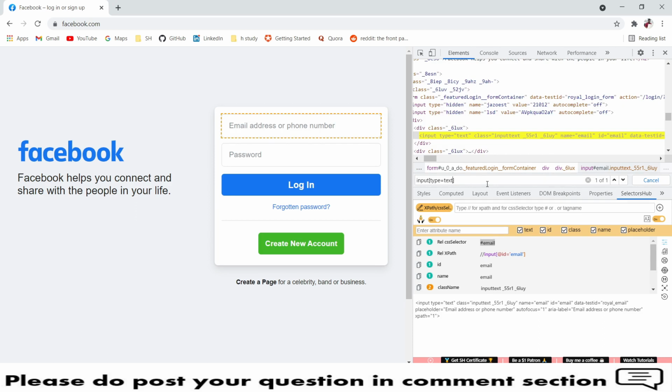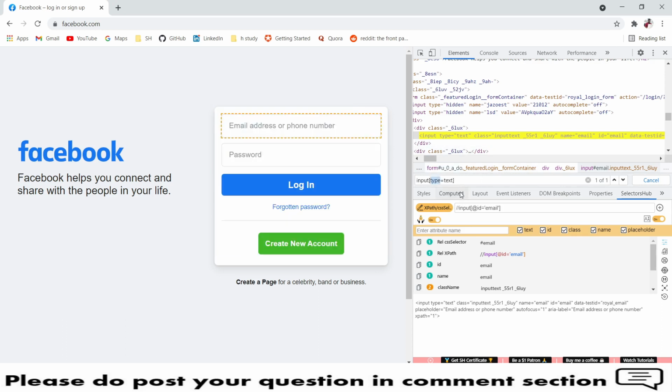In case it is an XPath, then XPath will be different, where if you wanted to use any attribute, then you need to specify the at the rate. So like here at the bottom you will see the selector hub, it is displaying that this is the relative XPath for this web element. And you can use any of the attributes here. In case you wanted to use a name as well, you can use a name.